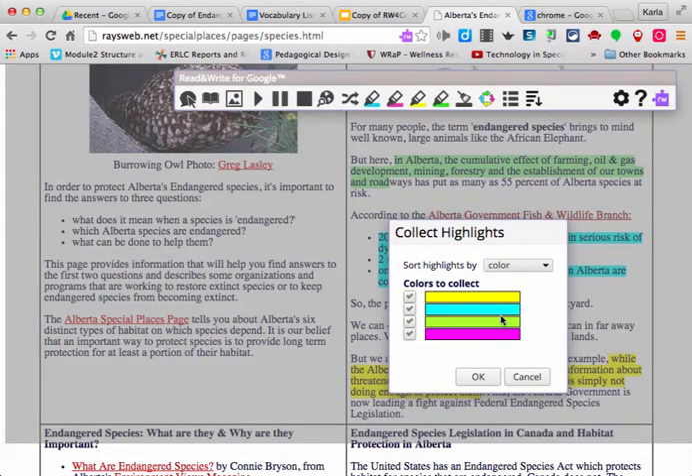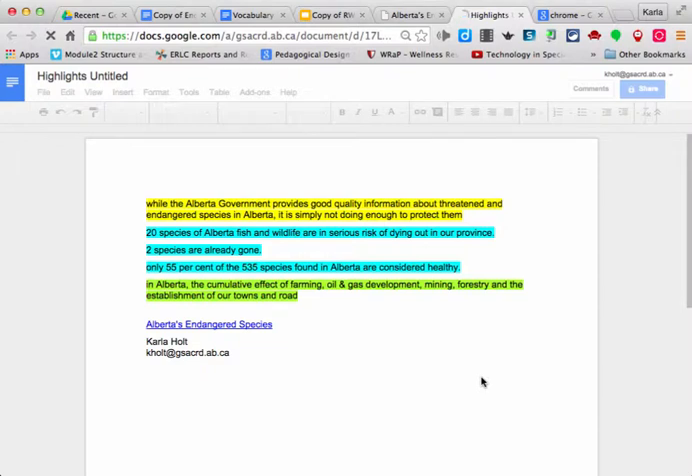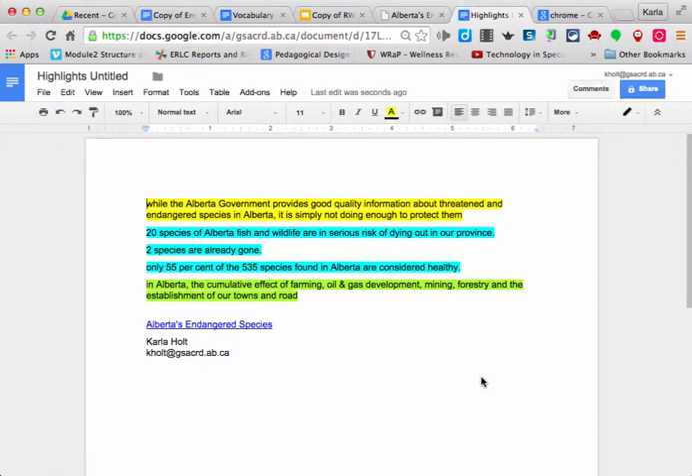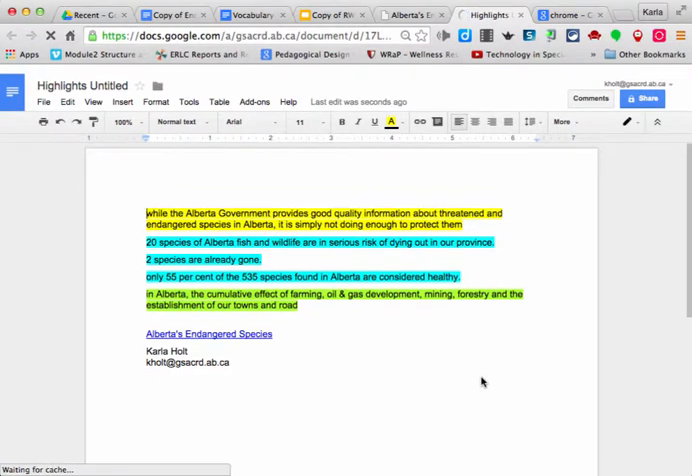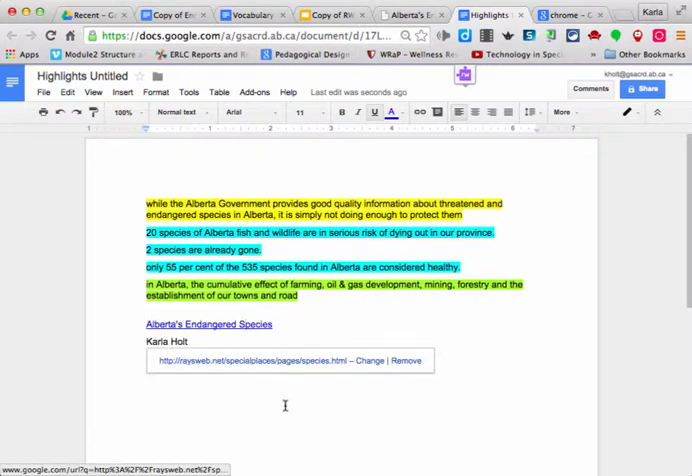It asks me how to sort them. So this time I do want to sort them by color. You have some options as well by position. And I'm going to choose all the colors, and I'm going to click on OK. So what happens is in a new tab, a Google Doc is opened up. Now this Google Doc is automatically saved to my Google Drive account, and it has my highlights sorted in here by color. And you'll notice down here at the bottom, it has the link to the page where I